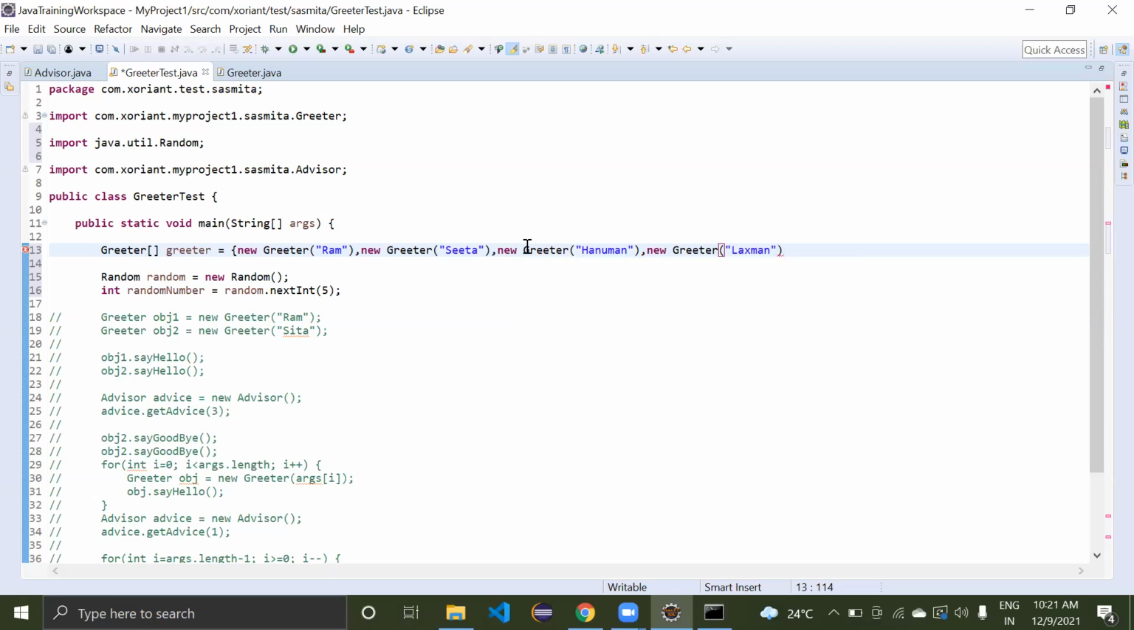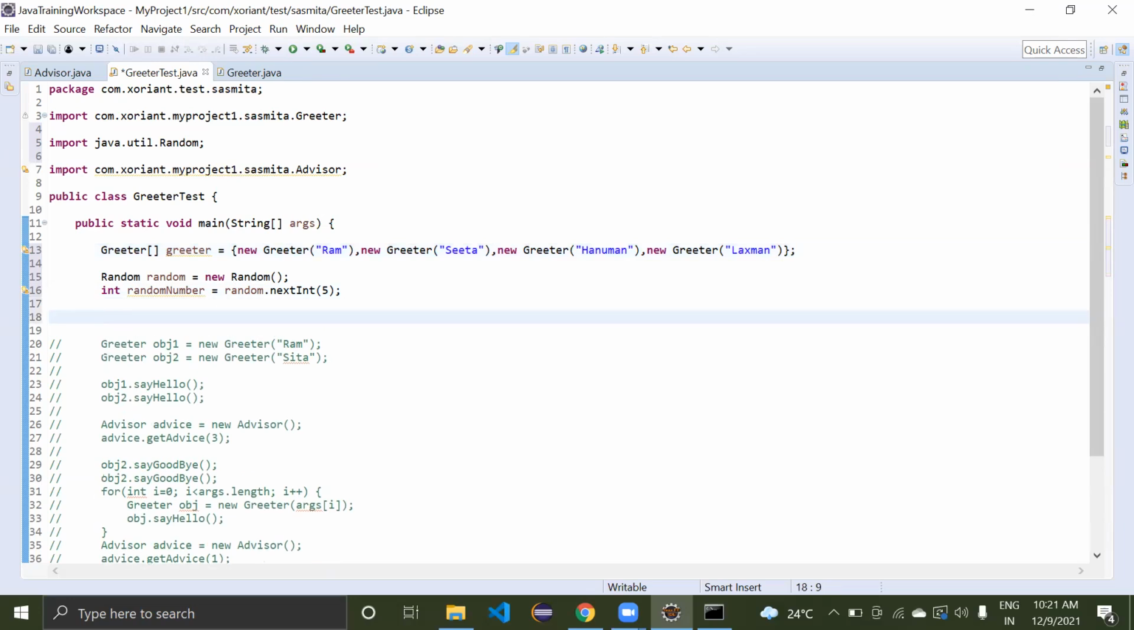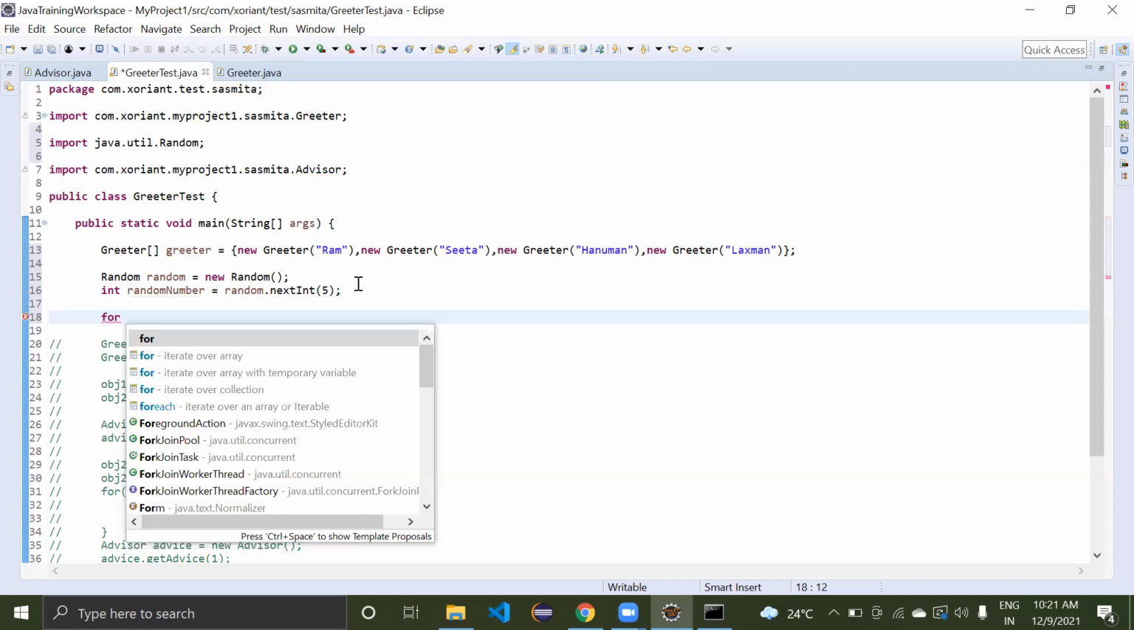Those names actually have to be taken from a command line argument. We will see that. First, we will see how it is working with the array, and then we will take those names from the command line argument. Okay, first, how it is working for the array. I have these 5 greeter objects. I have the say hello method, right? So for